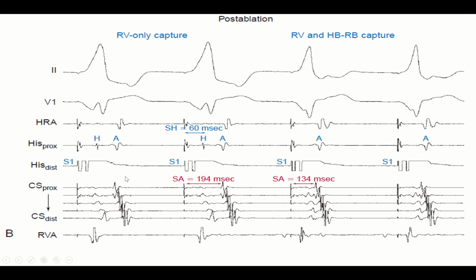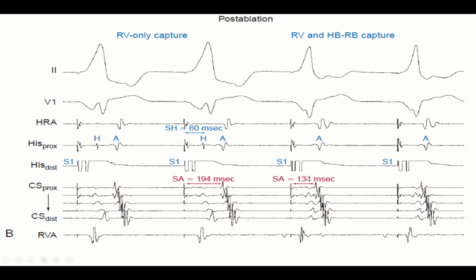So it is an accessory pathway, and we decided to go for accessory pathway ablation. We localized and ablated it, and now we want to confirm whether it is successful or not. On the left side we decided to go for para-Hisian pacing, with the first and second beats showing loss of His capture,